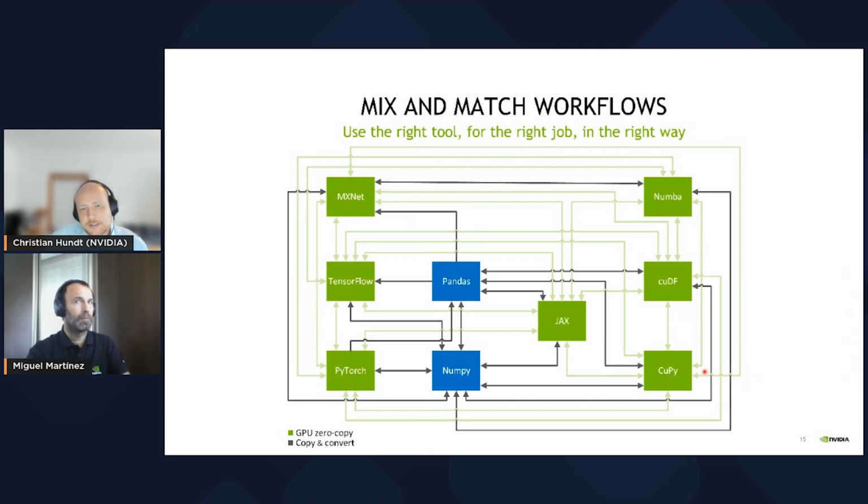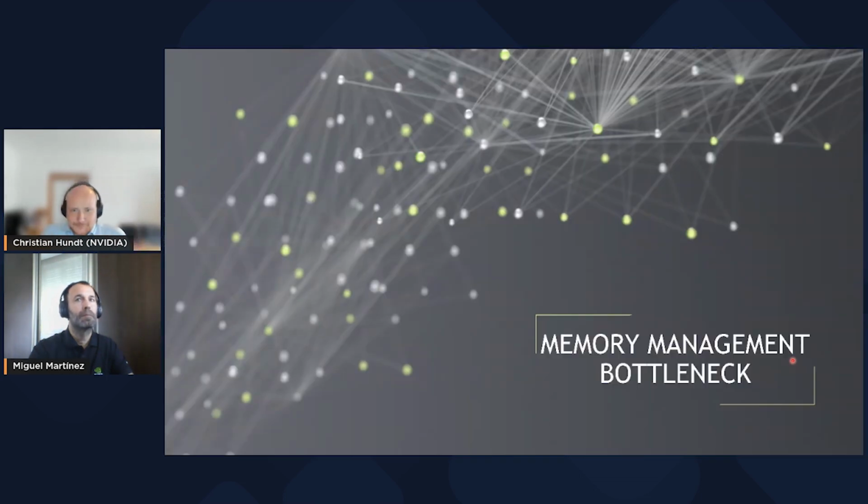And there's not always an edge between all pairs. Sometimes you have to stage memory. For example, when copying data from pandas to Numba, you would have to introduce an intermediate hop, which would be cuDF. And therefore, this is quite a useful illustration. So let's have a look at the next slide. It's actually the introduction for Miguel's part, who will now talk about memory layouts, memory management.